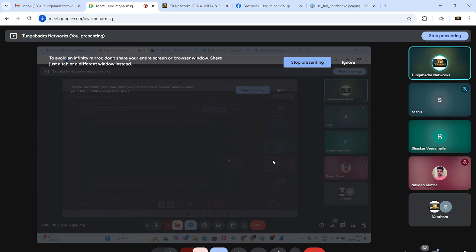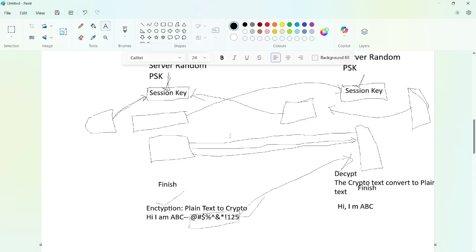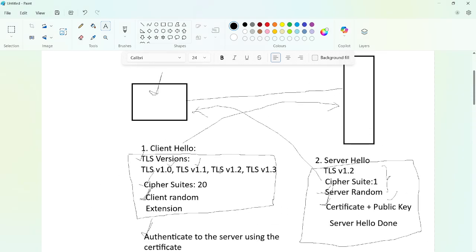So far we have discussed the SSL handshake. So what are the messages that are exchanged in the SSL handshake? The first message is the client hello, where it sends the supported TLS versions and cipher suites, client random and extensions. The extensions are what I showed you in the packet capture.